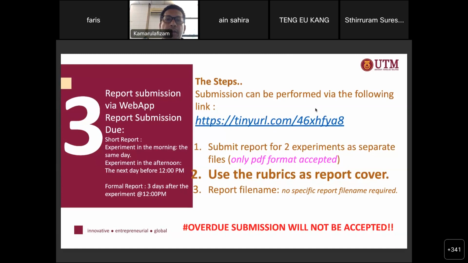Okay, so this is basically the submission link. You have to submit your reports separately, one experiment per submission. Even though you have 2 reports with you, do not combine 2 reports in one file and submit them together. Please do not do that, because the system will be tracing your submission according to experiments. So if you combine the 2 experiments in one report, the system will see that you are submitting only